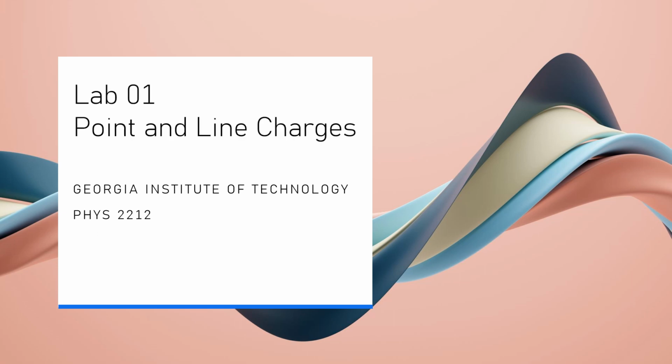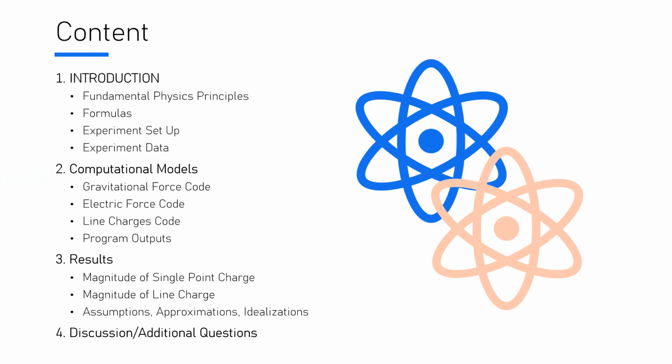Hello, today we're going to go over Lab 1 for Physics 2212, in which we're going to talk about point and line charges. Here we have a content overview of what we're going to go through today, starting off with the introduction, going through the basics and fundamental principles used in the experiment, moving on into the computational models where we're going to show the codes obtained for each specific value needed in the calculations, such as gravitational force and